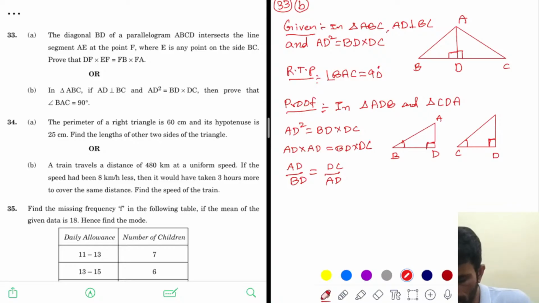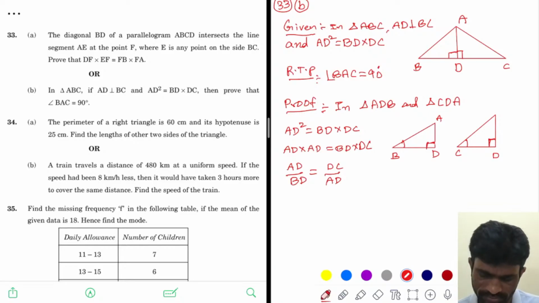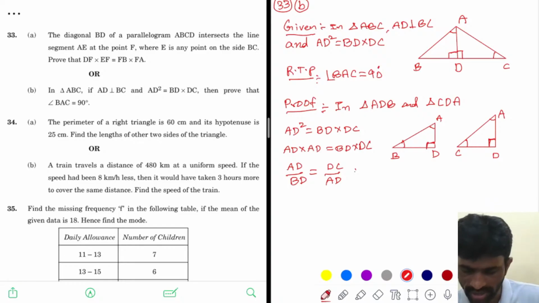And in these two, observing these two, we already know AD by BD is equal to AC by AD. These two ratios are equal. Once observing these two triangles, we got AD by,